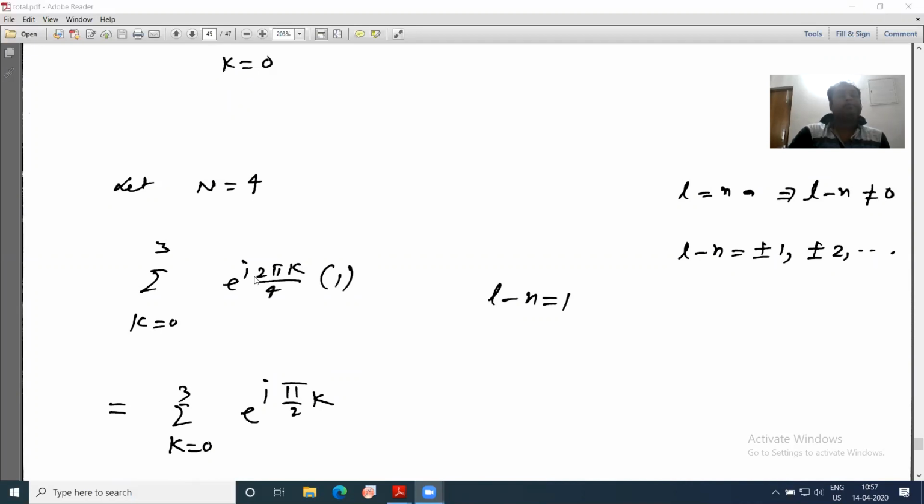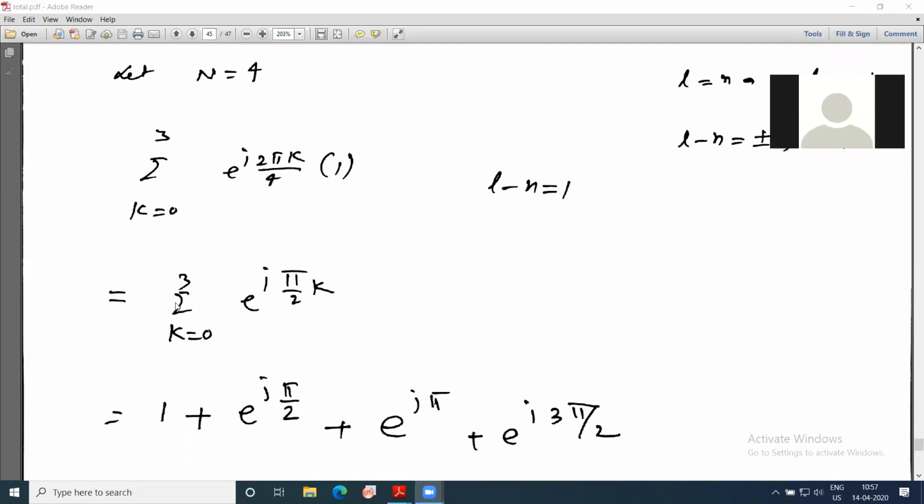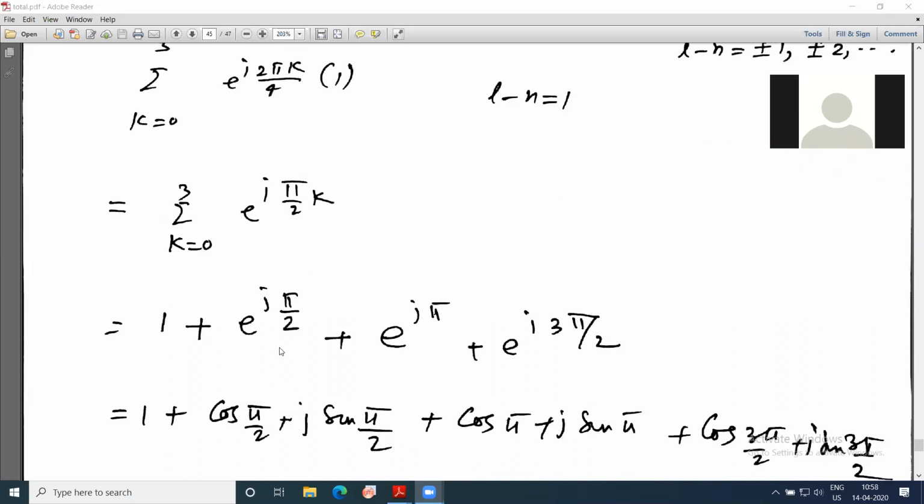Suppose n equal to 4. Then this will be e power j 2 pi k by 4 into 1, the sum for k equal to 0 to 3 of e power j pi by 2 k. Then 1 plus e power j pi by 2, and we substitute the value of k from 0 to 3. For k equal to 0, e to the power 0 is 1,